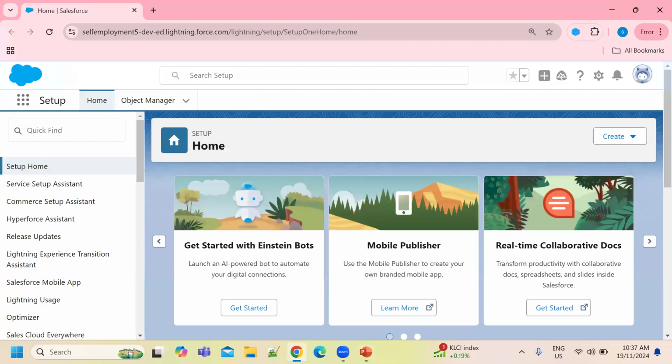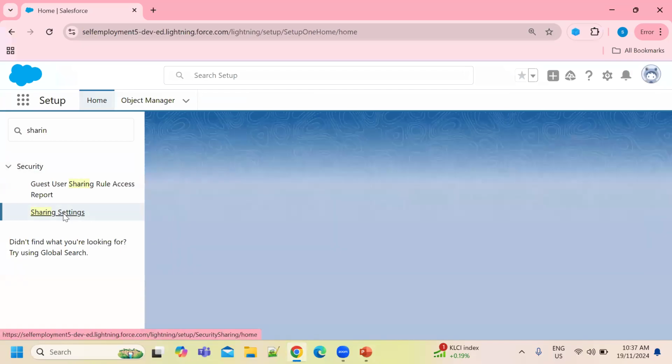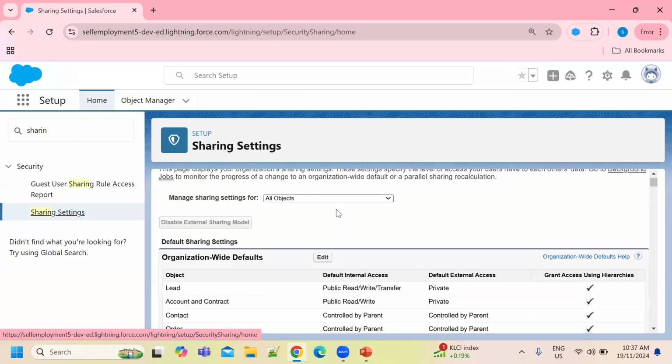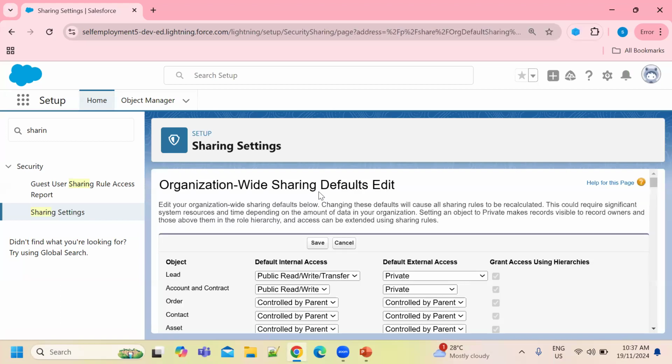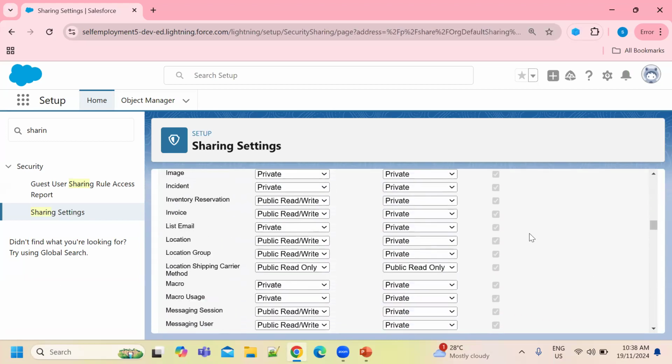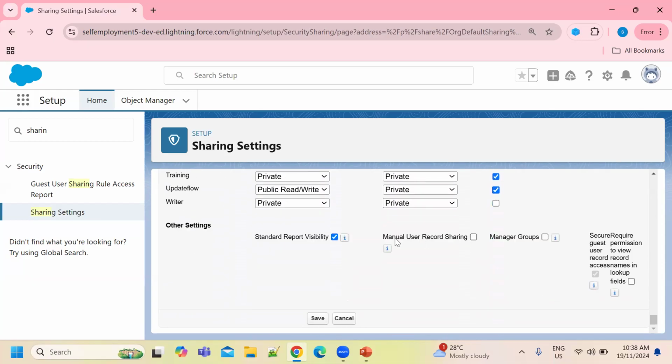Let's see. Come to our Salesforce org. In the quick find box, type sharing settings, click here, click on OWD settings, click on the edit button. If I scroll down, you can see there is an option available, manual user record sharing.